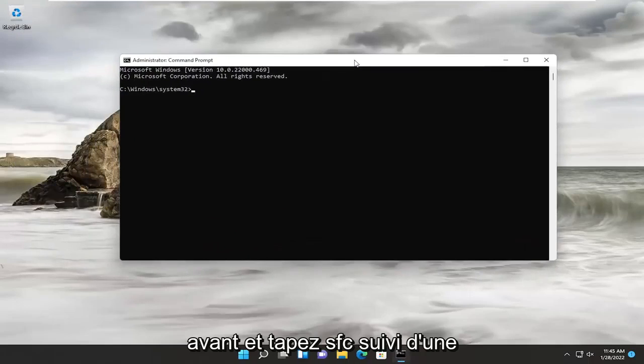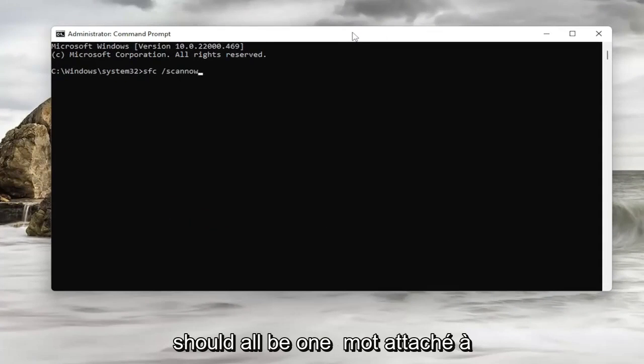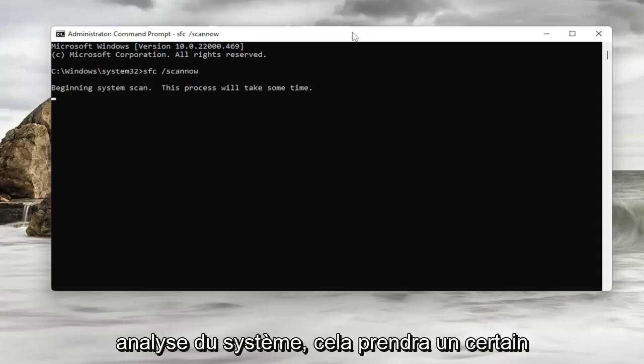And now you want to go ahead and type in SFC followed by a space /scannow. Scannow should all be one word attached to that / out front. Go ahead and hit enter on your keyboard to begin the system scan.